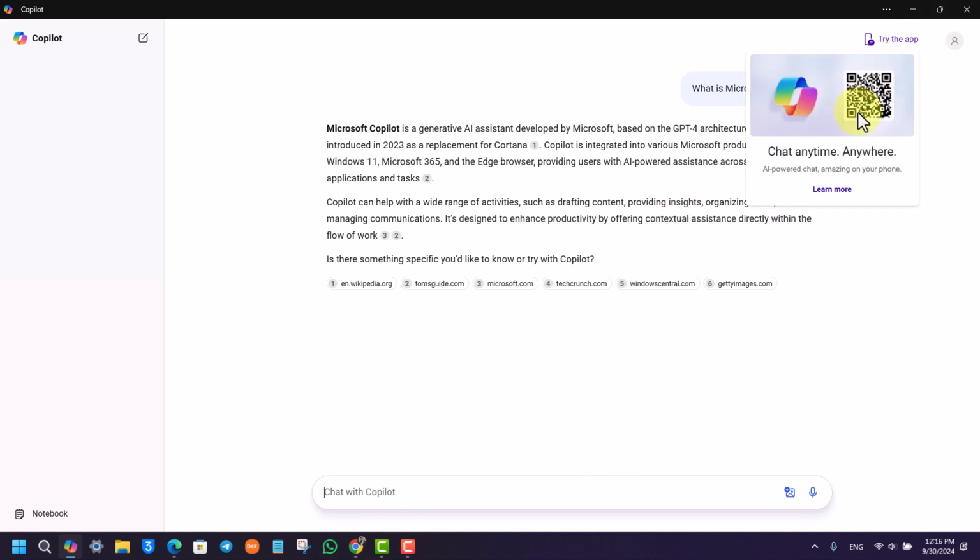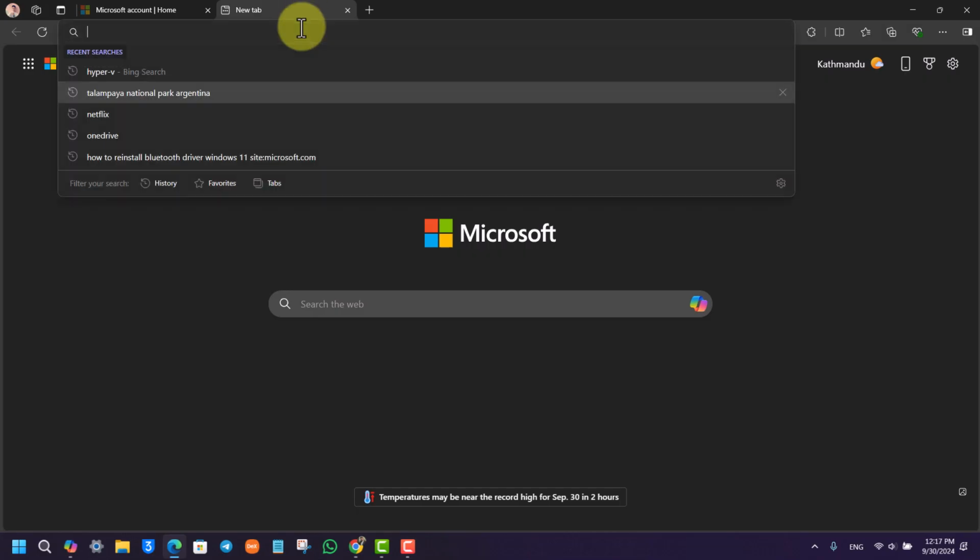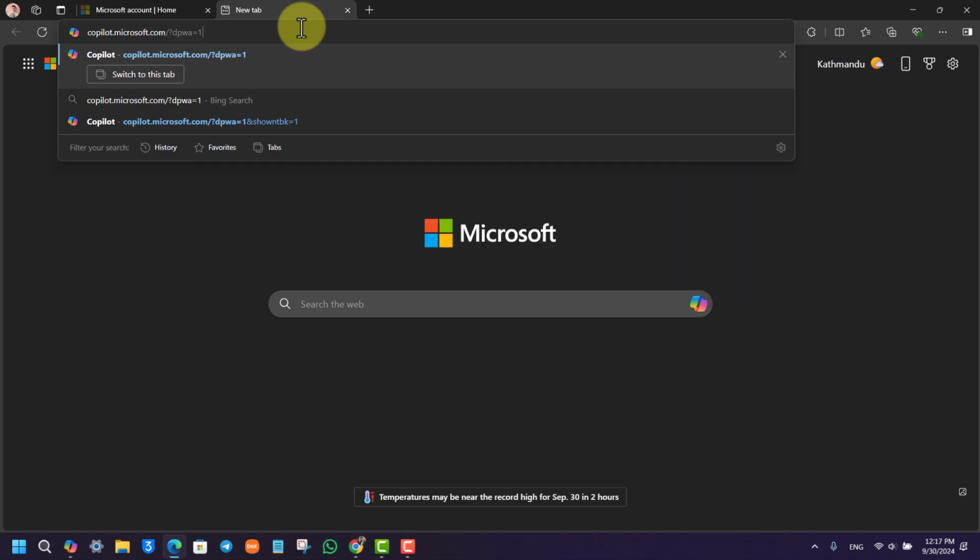of question you have. You can use the Microsoft application as well, which is the Copilot app, or you can also go to copilot.microsoft.com, which is the